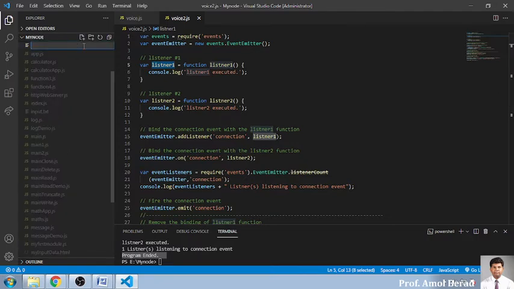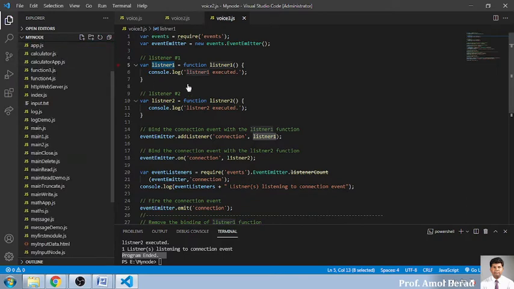Basically you will find this type of function in actual code working in industry. So voice 2 dot js, sorry, 2 is already there, so we'll go for 3 and enter.